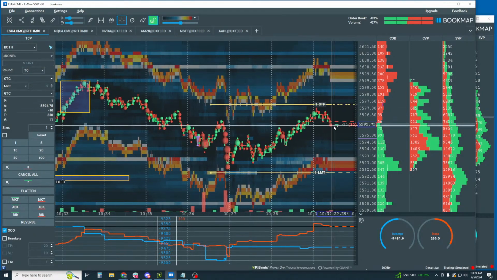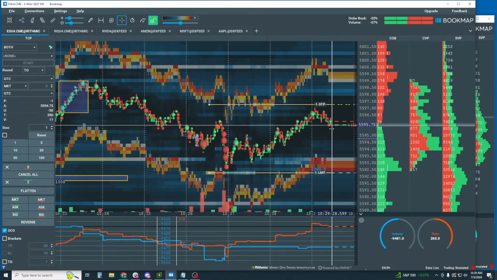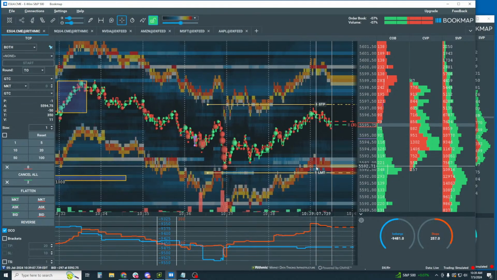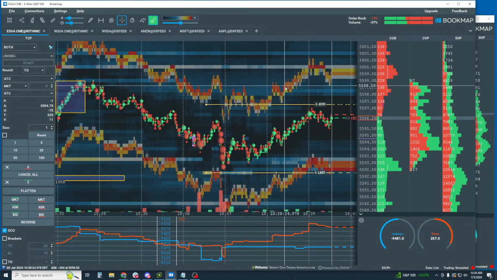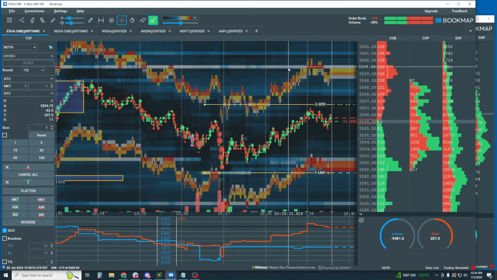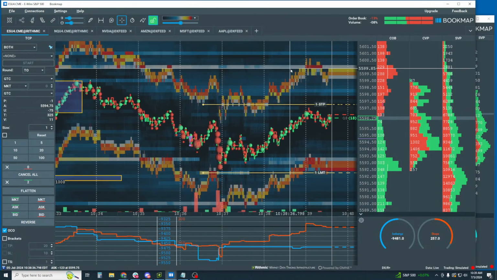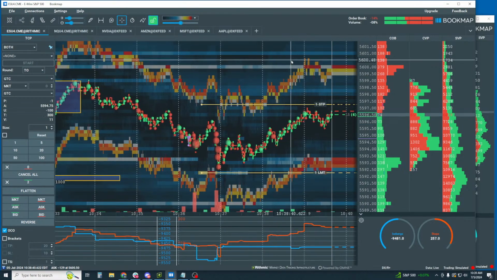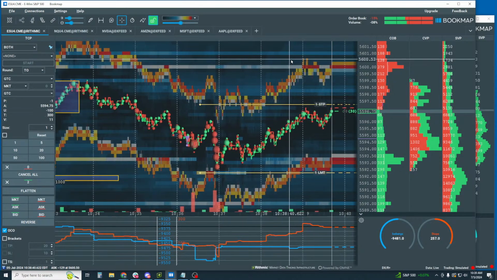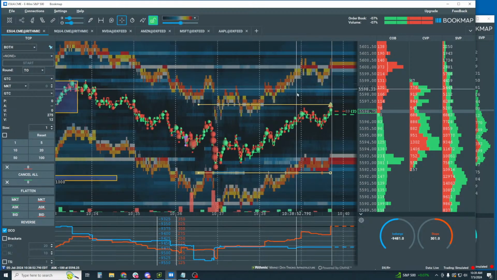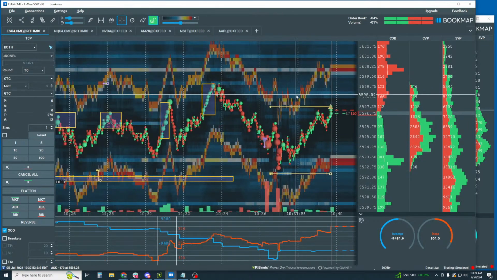There's our exhaustion. A little bit of selling here, but they really got to pick it up now and trade back down here. Oh, we're stopped out. Okay, well,